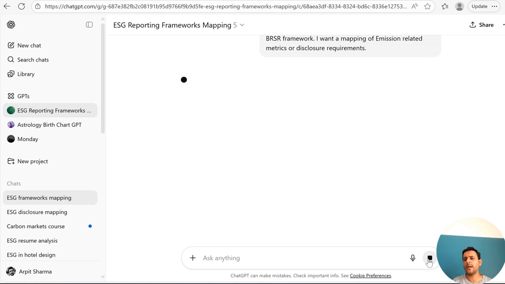Similarly, you can do the complete mapping of GRI versus BRSR, and you will get to know what you are already reporting in GRI which is there in BRSR, and what you will have to report as per BRSR. So you will get the mapping, the alignment and also the gaps.